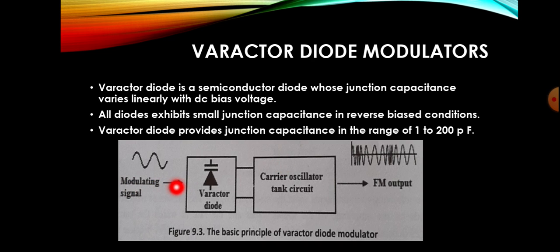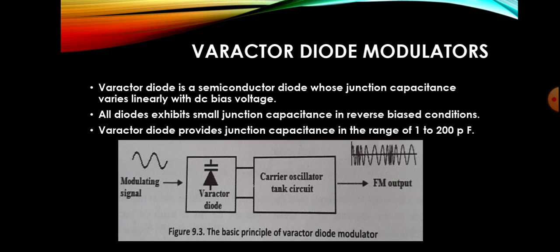The modulating signal is applied to this Varactor diode, and what happens here is the capacitance of this Varactor diode changes based on this modulating signal. So once its capacitance is changed, the overall capacitance of this carrier oscillator will be changed. As a result, the frequency produced will be changed. So based on the modulating signal, there will be different frequencies produced at the output of this FM wave. Okay,